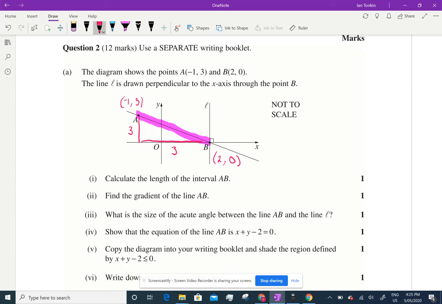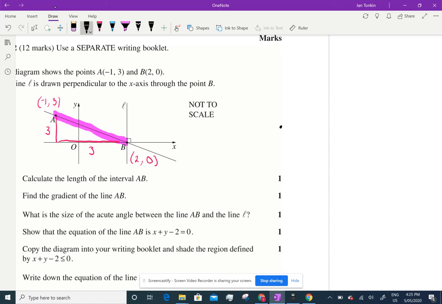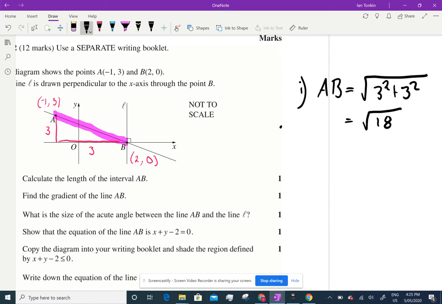So here's part 1. AB equals the square root of 3 squared plus 3 squared, equals 9 plus 9, 18. And I'd leave it as root 18. You can simplify that, and we're good at surds. We take the 9 out and get 3 root 2. However,